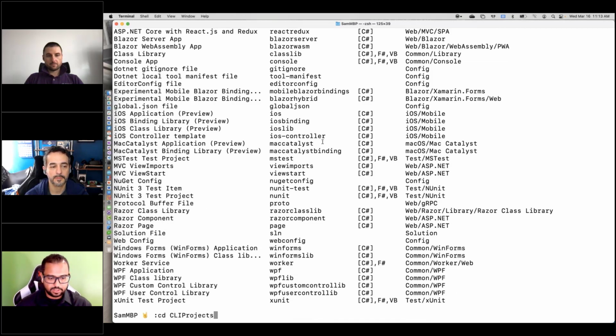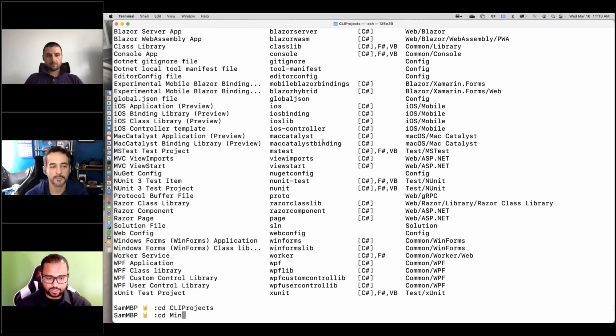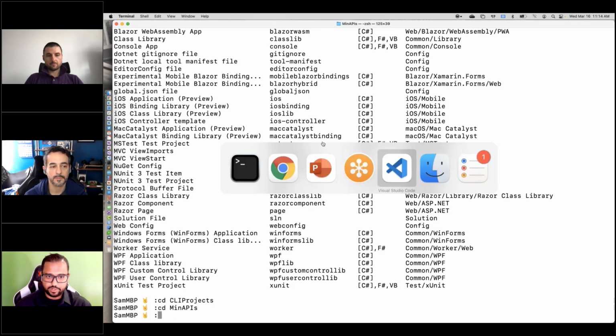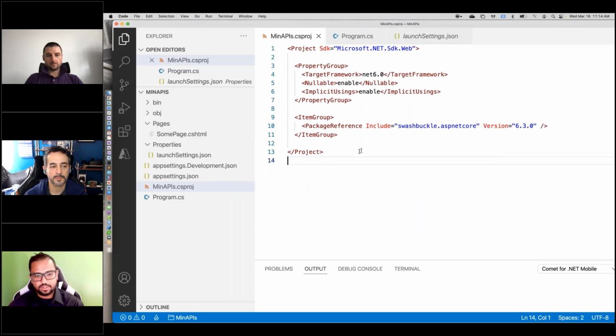So I have a minimal API project that I want to show you really quick. Here's my CLI projects, and I'm going to go into my minimal API project. Actually, I already have it open, so let me show this to you in VS Code. Right out of the gate, you notice how simple this is. It starts with .NET 6 as my target framework. I have implicit usings.